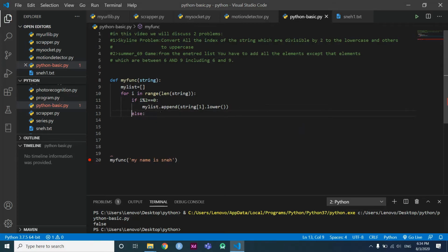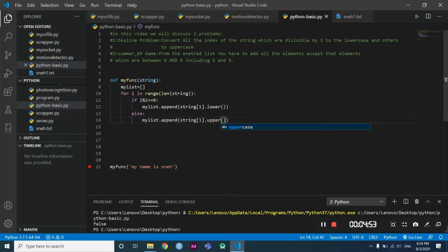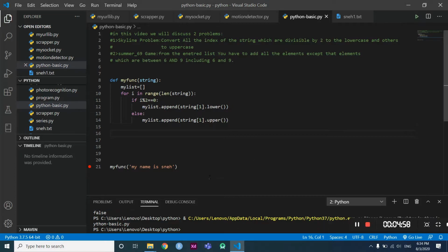Therefore, what type of logic we have to write is, my list dot append, and instead of lower we have to write the upper, like this, upper. Yeah, upper. Let's check it now. Oh sorry, we have to return here. So what we are going to return, we are going to return a list. So return my list,